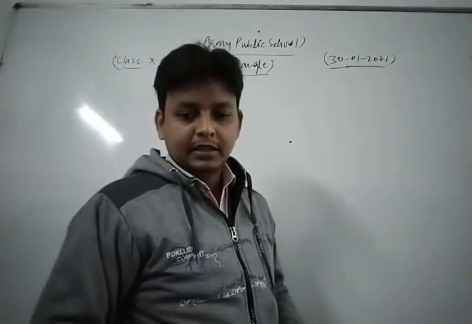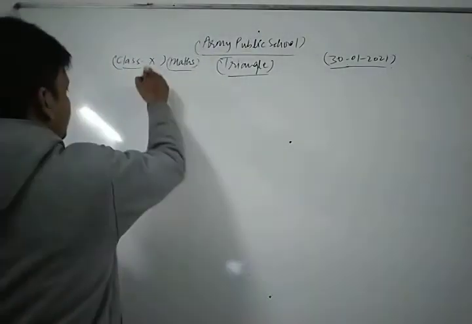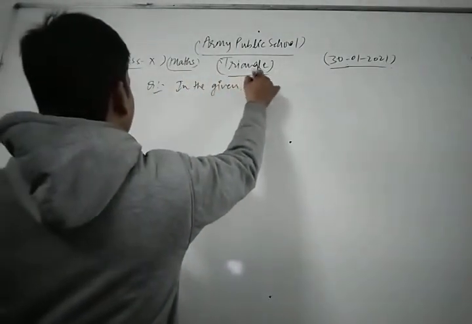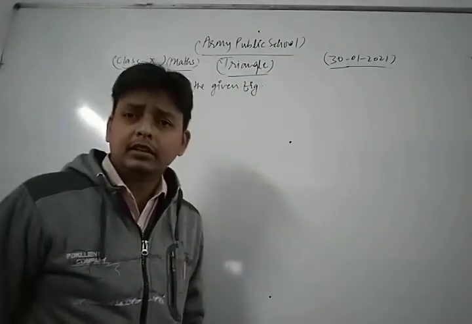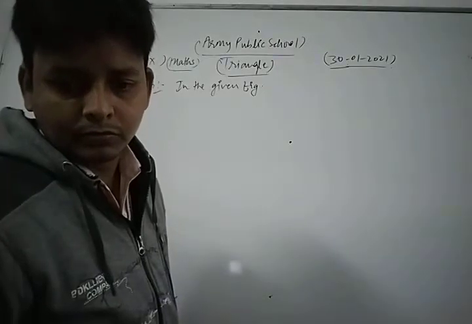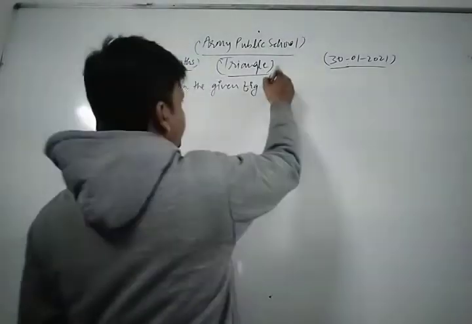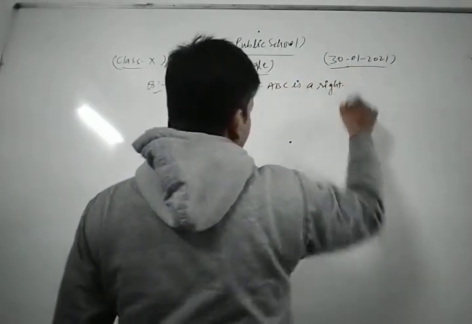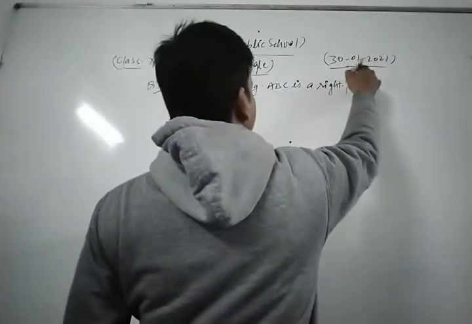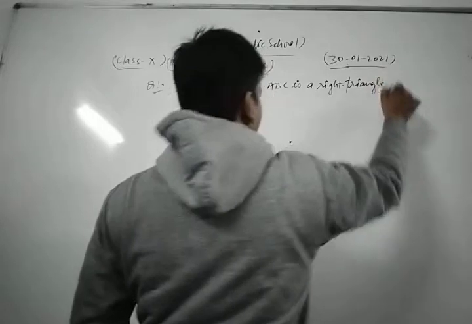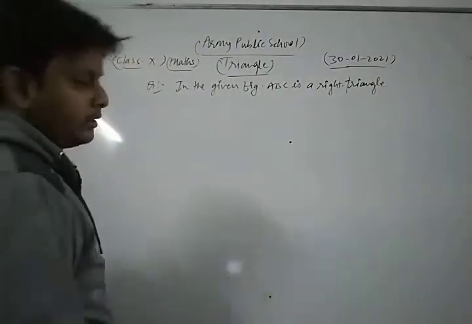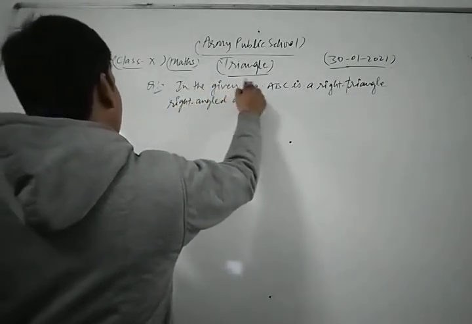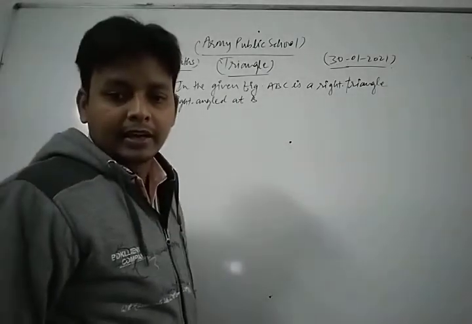In the given figure, ABC is a right triangle, right angled at B. And points D and E